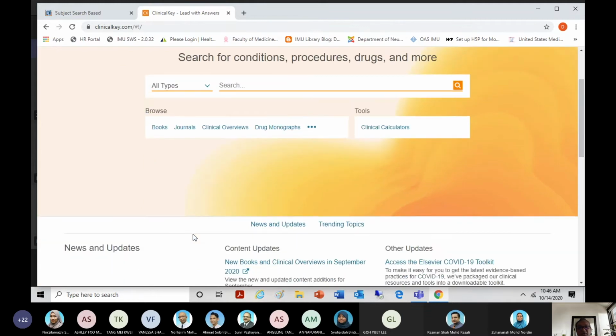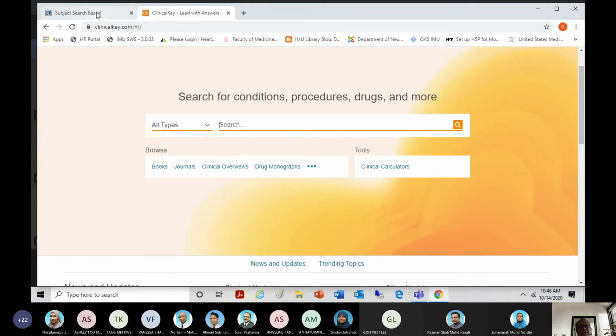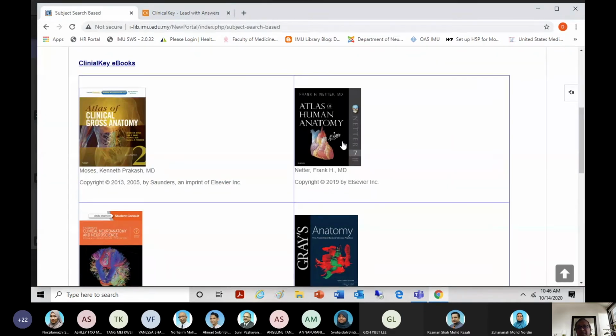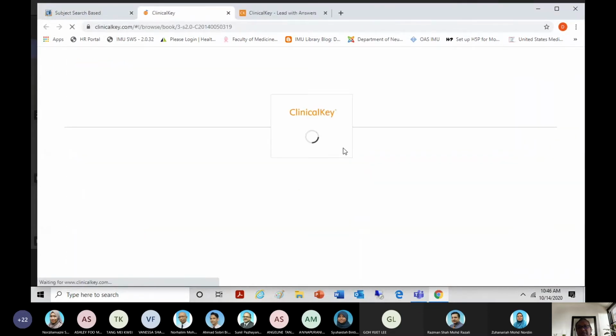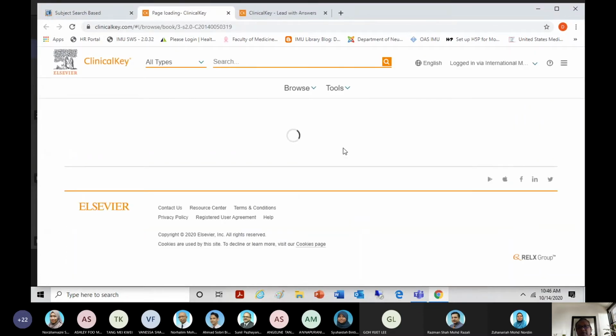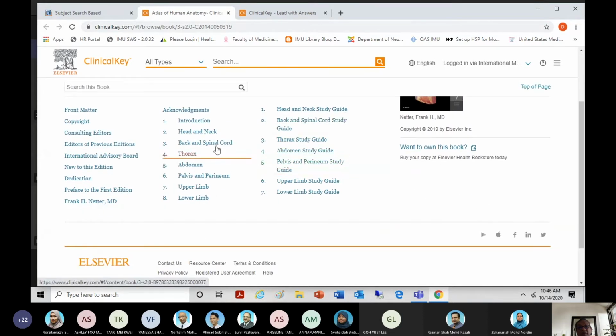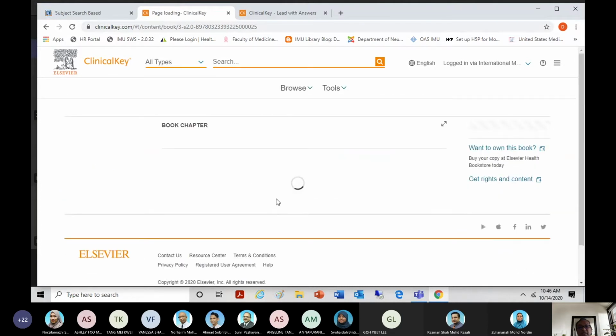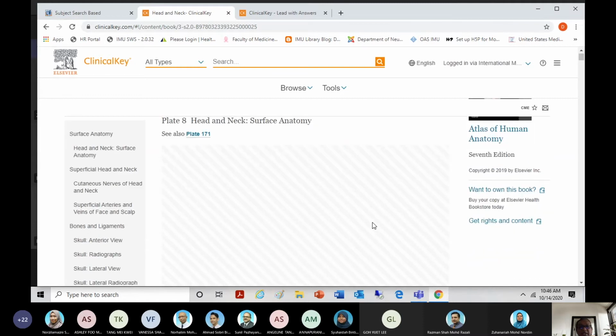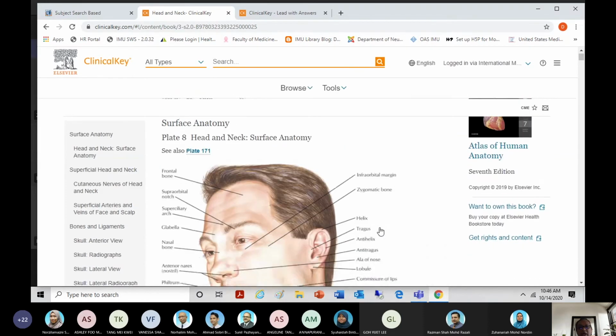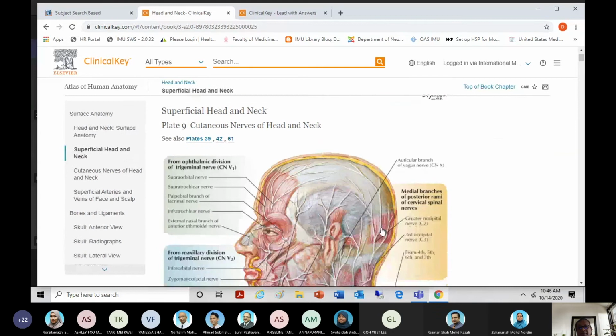For example, just now we were talking about subject based resources, and I was talking about Netter's Atlas. Now I click it. Suppose I want to learn about the head and neck. So I click here, and in Netter's Atlas, whatever images are there in the head and neck, I can see all. These are very valuable images.